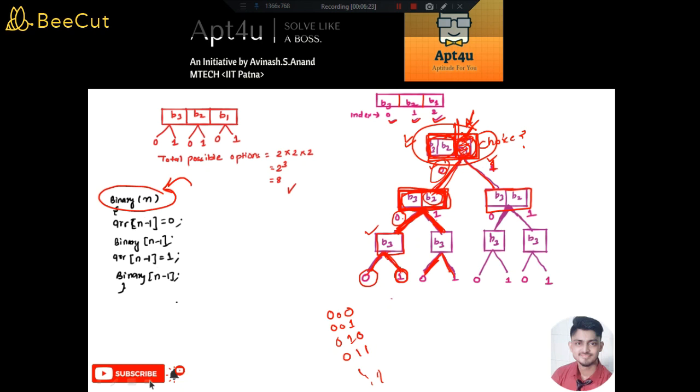Then array of n minus 1 equal to 0. This points to the extreme right position, this position. First of all we assign the value 0 to it. I assume this 0 is fixed now, and I call the same function recursively with n equal to n minus 1, reducing the size. Suppose initially I had taken 3 bits, now you will pass 2 to this function. So binary of 2 will be the call.